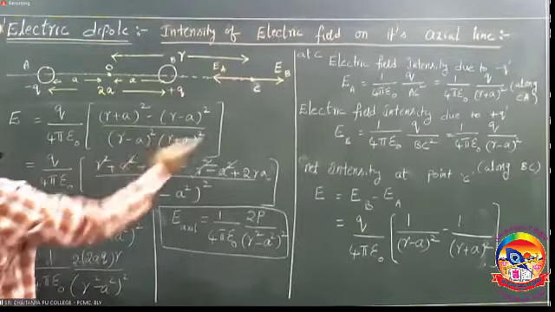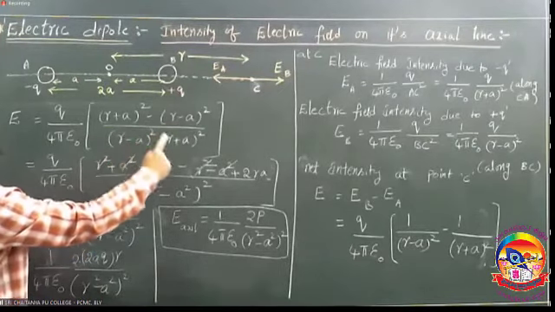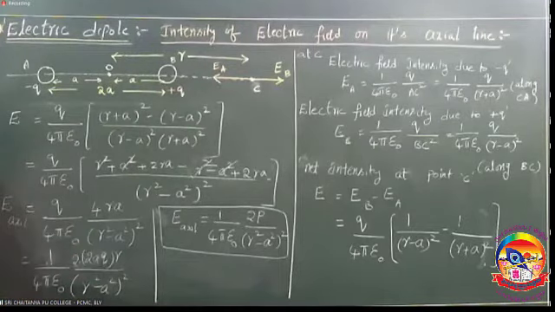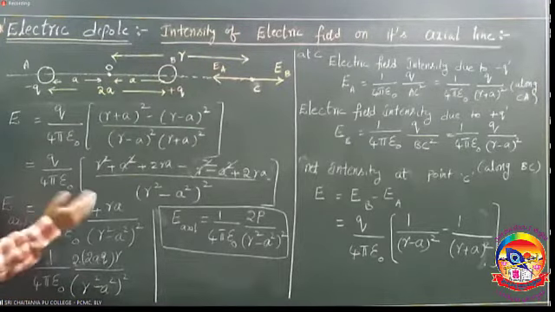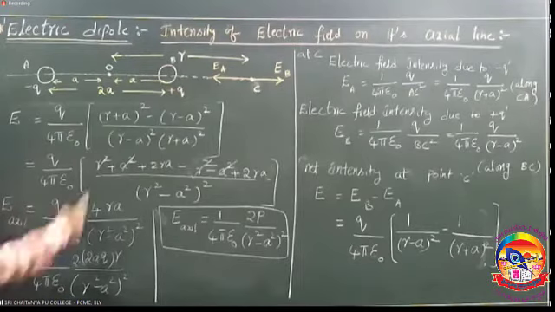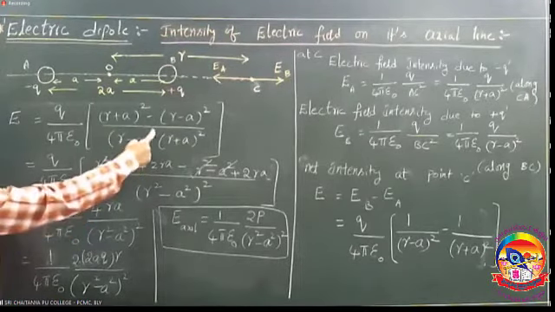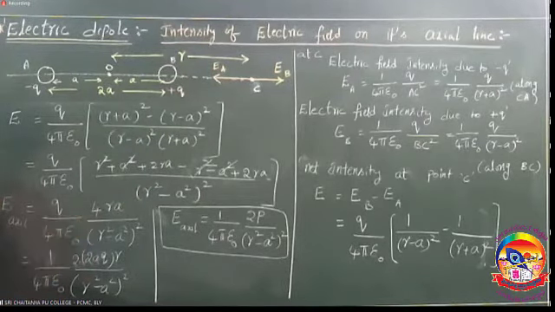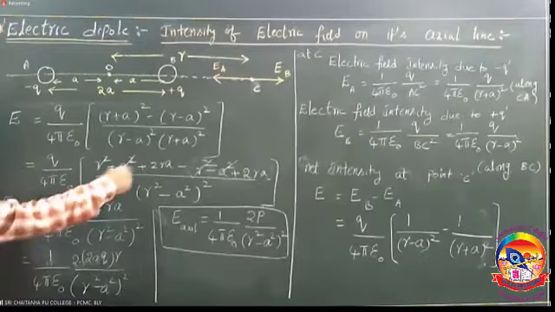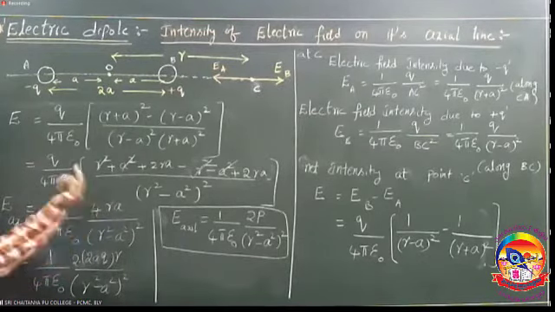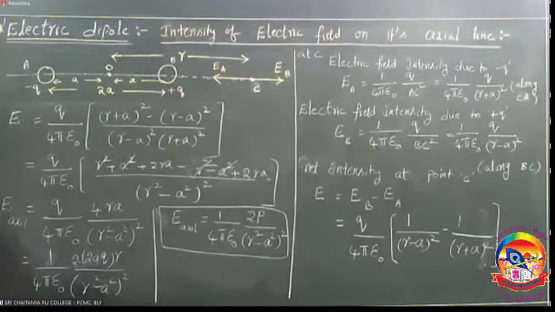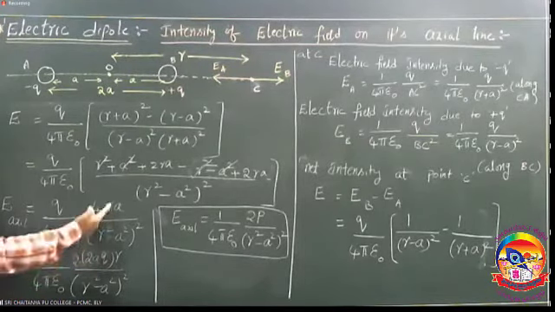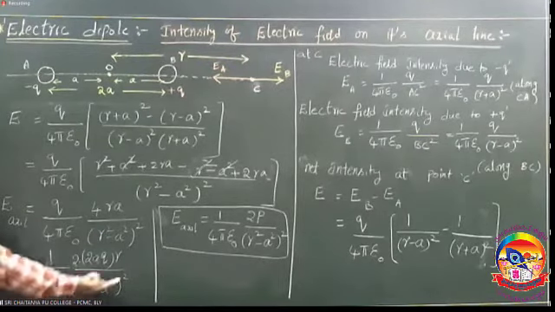And A minus B whole square into A plus B whole square is equal to A square minus B square whole square. There is a formula. Write down in the margin. So we got this after simplification. In this, from 4, I took Q and remained 2A and Q. In the denominator, R square minus A square whole square remains.